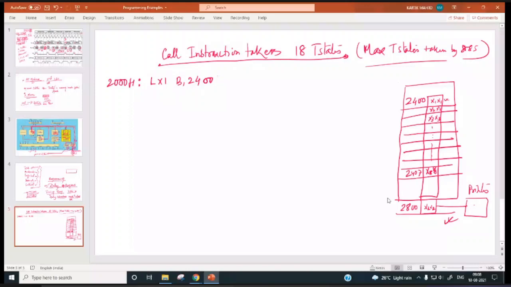The next instruction will be MVI E, 08H. Now, if you do LDAX B,